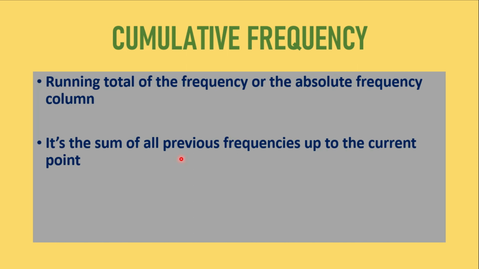It sums up, in this running total, all the previous frequencies up to the current point, and the last value in the cumulative frequency will be equal to the total of the absolute frequency. That's the beauty. Because it sums up everything, but it sums up all the previous frequencies one by one, not entirely. This cumulative frequency is extremely helpful when we want to determine the frequency up to a certain value, or up to a certain threshold.